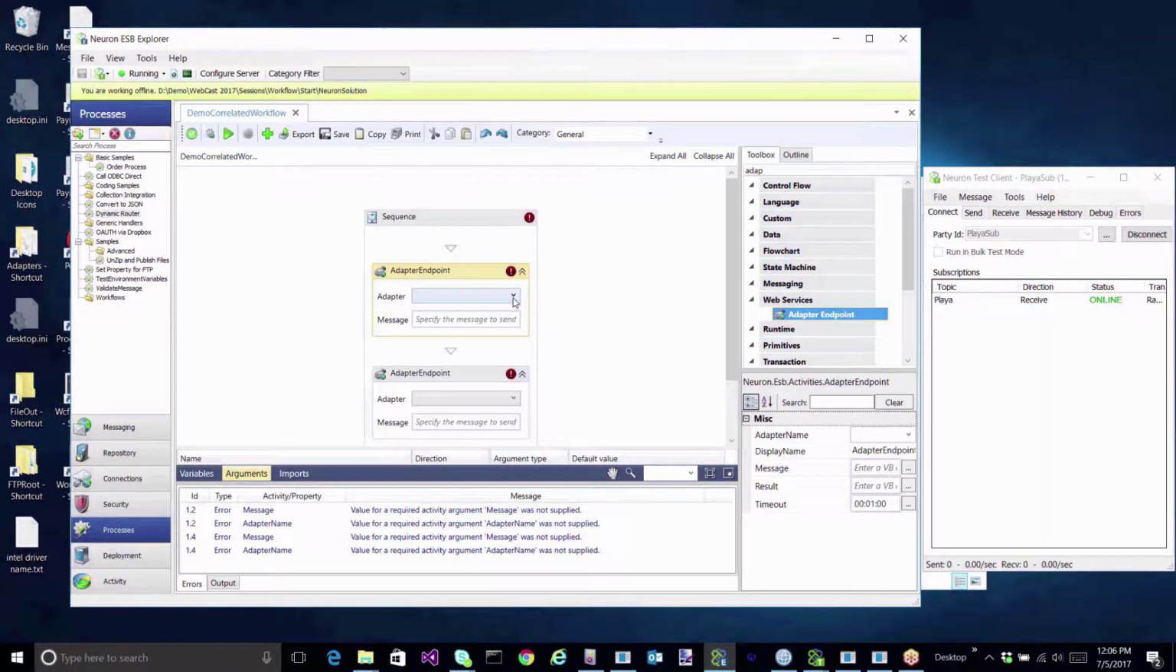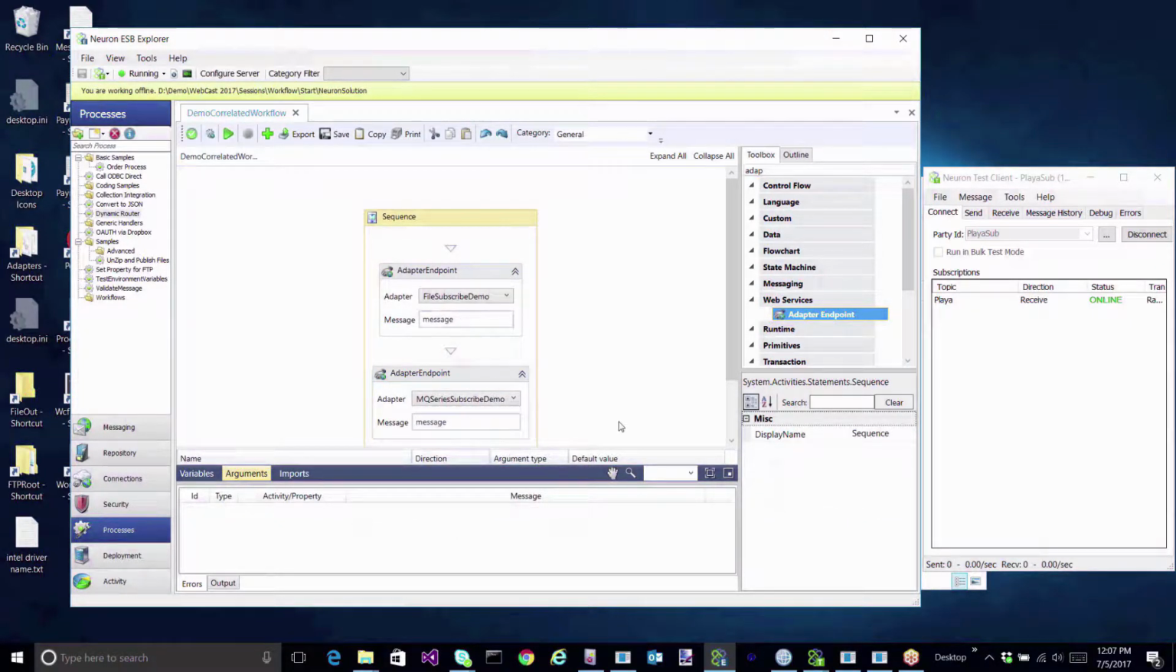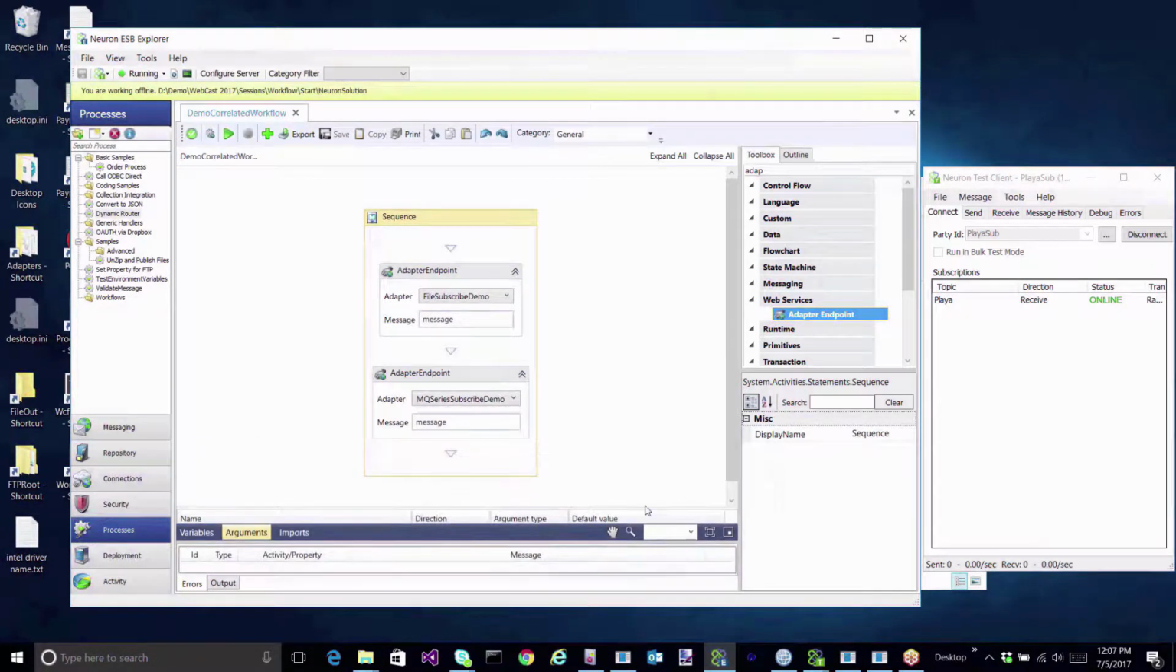So in this case, I know I want to call the, let's see, the file subscriber demo. There we are. And also the MQ series subscribe demo. And I'm going to use that existing argument, message here, message here. All right, pretty simple to configure these. Well, next on the hit parade, let's go ahead and I'm just going to bring this down a little bit more. Excellent. I'm going to add a C# step